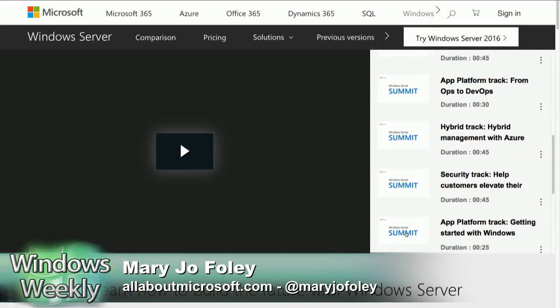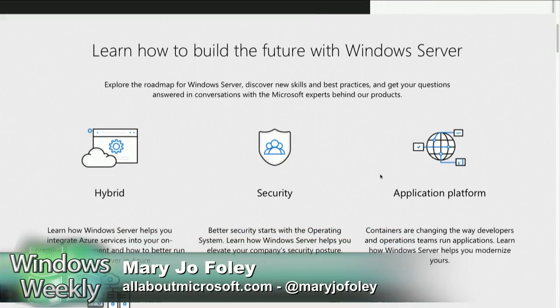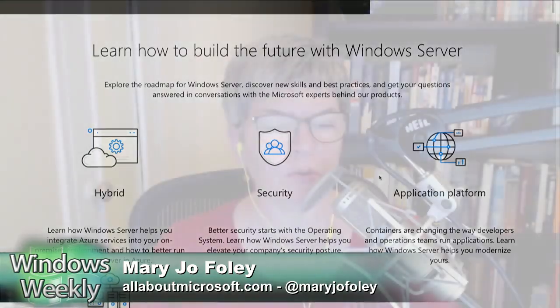Wow. I love it. I know. It's a lot of content for free. Yeah. Very handy. Windows Server Summit was the name of the event. Well, that was a triple pick. It kind of was a triple pick. You know, we had a lot of Xbox news this week. So that was an anodyne refreshment.